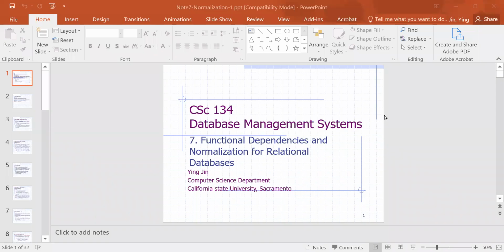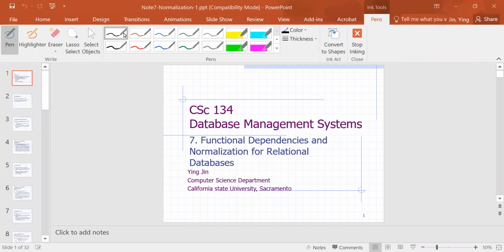Okay, so we are going to cover a new chapter that's functional dependency and normalization. Let's quickly review what we did so you know why we learn things like this. So we start with requirement analysis, and we produce an ER diagram. And from the ER diagram, we can map to the relational model,